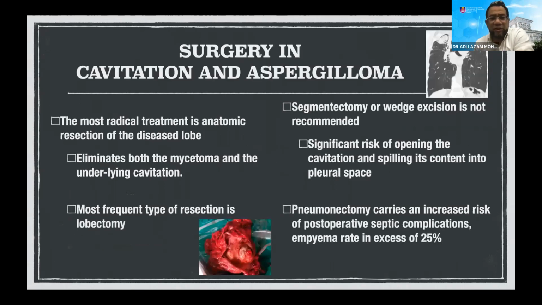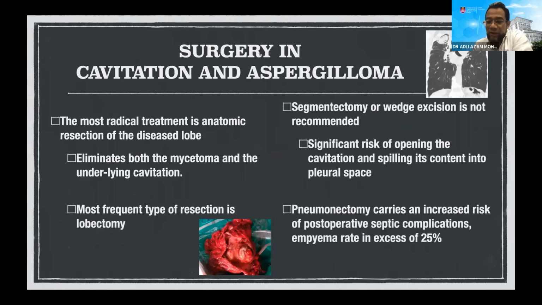So surgery in cavitation and aspergilloma: the most radical treatment is anatomic resection of the diseased lobe. You are talking about upper lobectomy, because it eliminates both the mycetoma and the underlying cavitation. Of course, as we mentioned, the most frequent type of resection is lobectomy. The problem with segmentectomy or wedge excision is that there is a risk of opening the cavitation and spilling content